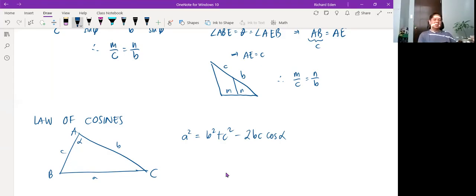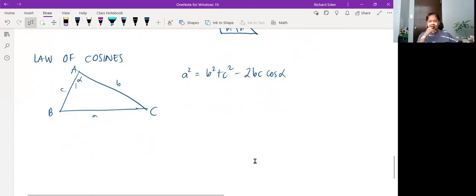So if you look at the trio B and C adjacent and the included angle alpha, you can use those as ingredients to determine how long the other side is going to be. The thing kasi is, kunwari, you're given the three ingredients, alpha, B, and C. Start tayo sa A. So drawing natin to,